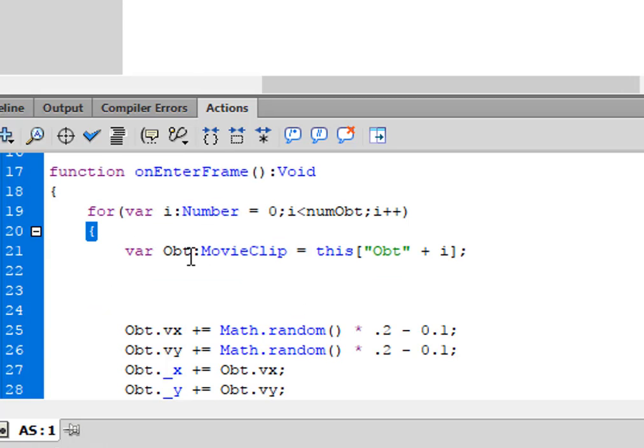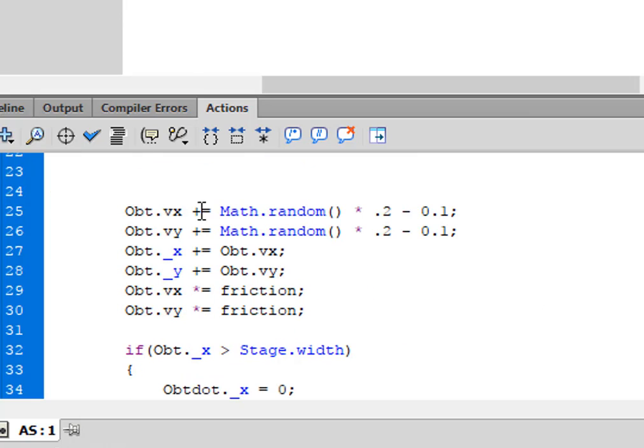var obt, colon, MovieClip, capital M, capital C, that turns blue, var is purple, equals this, small this turns blue, square open bracket, and the square open bracket is the lowercase of where you get that curly bracket, that open curly bracket. Quotations, obt, close quotation plus i, close square bracket, which is the lowercase of the closed curly bracket, semicolon. And this is what's moving our